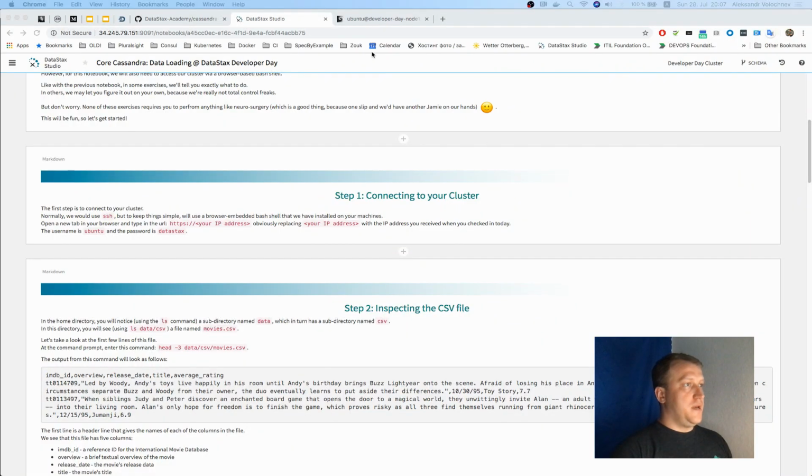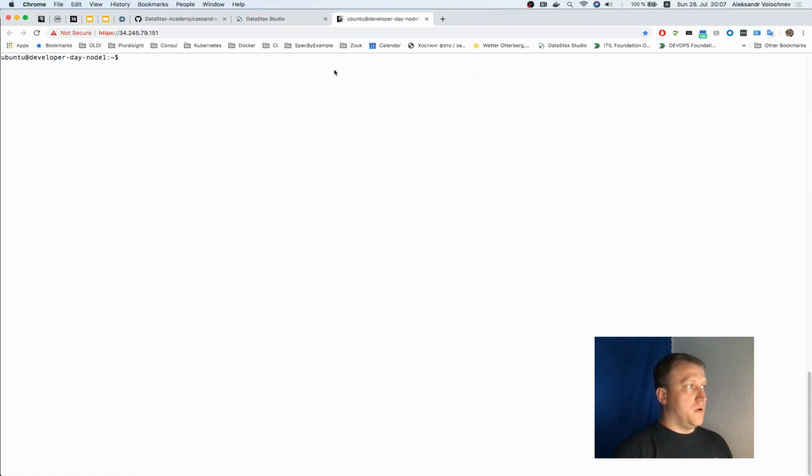Hello everyone and welcome to the Core Cassandra workshop, data loading practical step. What we are going to do now is see how we load data to Cassandra with the DSBulk utility. First thing we are going to do, we go to one of the nodes of our three-node cluster